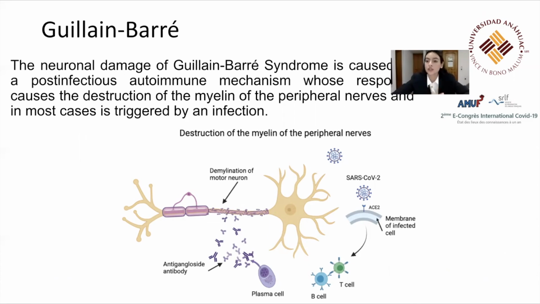During SARS-CoV-2 infection, the virus binds this receptor and is endocytosed. Due to similarity in the peptide sequences or epitopes of SARS-CoV-2 and gangliosides, the antibodies formed against the virus through the T-cell B-cell interactions may bind the ganglioside located in the peripheral neurons. This may result in an autoimmune response that destroys the myelin and/or axons. The demyelination or axonal damage disrupts neuronal transmission, which causes GBS symptoms such as muscle weakness, paralysis, coordination problems, breathing difficulties, and autonomic dysfunctions.